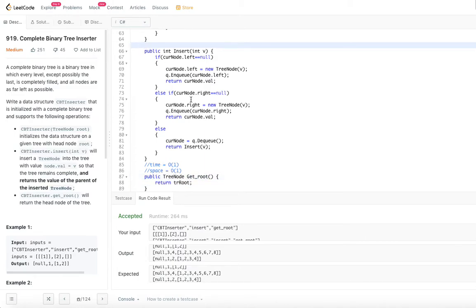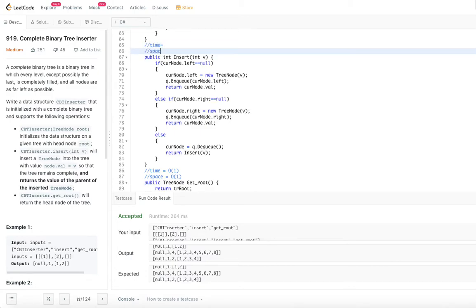So let's go ahead and look at the insert. Time and space. So time, we are checking whether the current node left is null or right is null. If current node left is null or right is null, we are then and there trying to insert, right, and putting into the queue and returning the current node value, right? So this is also pretty simple operations.